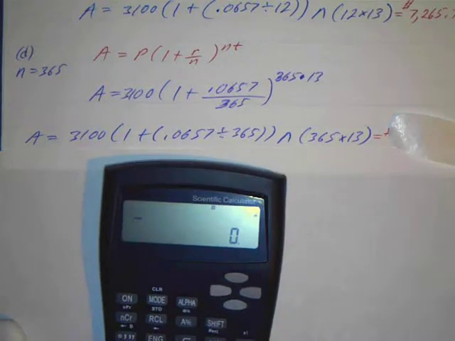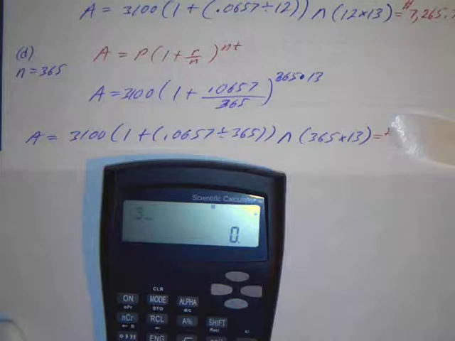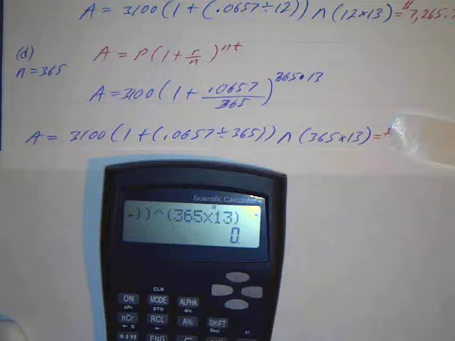All right? And let's take a look at this. So put this in our calculator. 3,100, parentheses, and then we got 1 plus, parentheses, 0.0657 divided by 365, parentheses, caret, parentheses, 365 times 13, parentheses. So you got all that in your calculator the way you have it here, and then just press enter, and you get